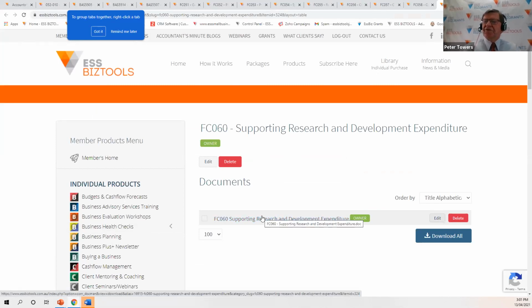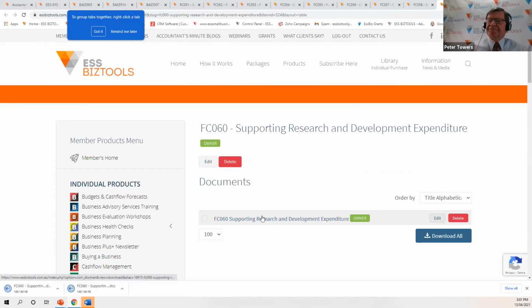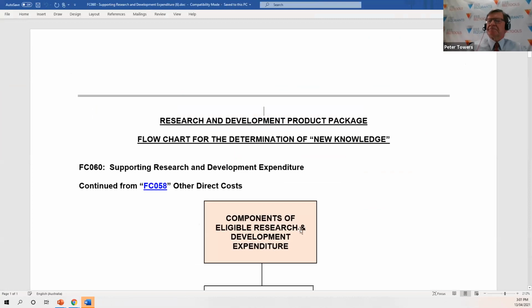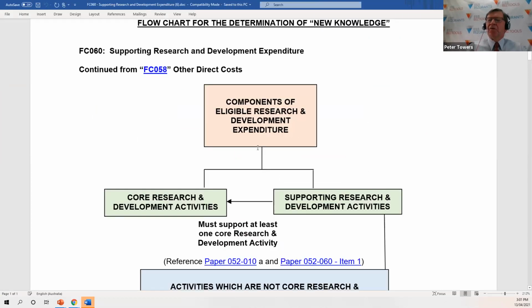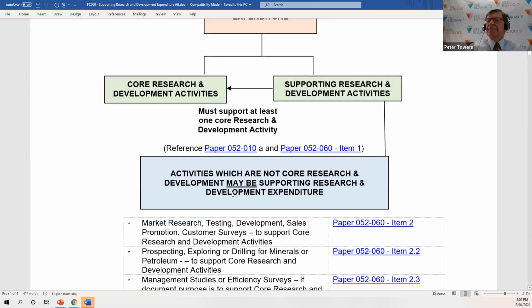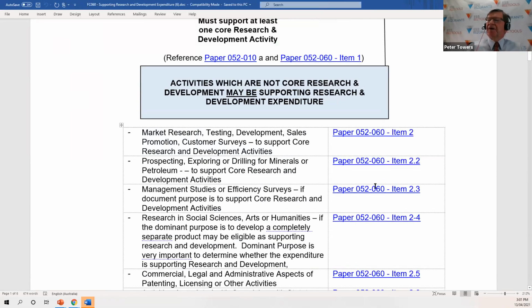We then have supporting research and development expenditure. A supporting research and development activity must be linked to a core activity, and we have a form whereby your client would complete that form, which identifies that the supporting activity was being done primarily for the core activity. We've got some notes in the papers that are there, that